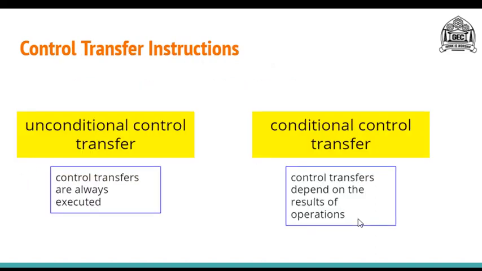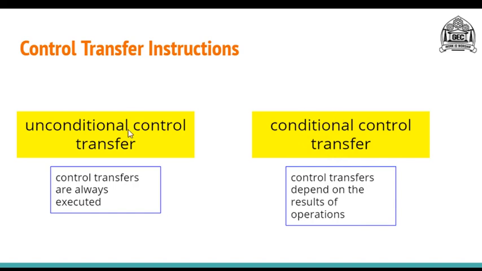Next, students will learn what control instructions are. Control transfer instructions allow us to transfer the control from one location in your source code to another location in your source code. As you can see, control transfer instructions are divided into two variants. The first one is unconditional control transfer and the second one is conditional control transfer.